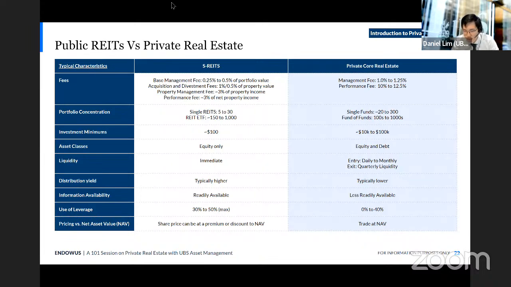And there's a few reasons why that may be the case. But for example, size premium. What you do see in the REIT market is that you'll find that larger market cap names tend to trade at a premium or a smaller discount to valuations than the smaller REITs. And one reason for that is for larger market cap names, they tend to be more liquid. And so it's more accessible for institutional investors to enter. Because for smaller REITs, it's just not going to be worthwhile for them to enter into those positions, as they will be able to move the share price dramatically without it really impacting their overall portfolio.